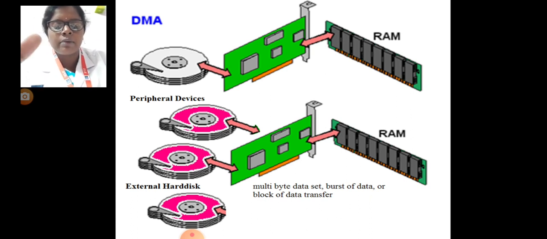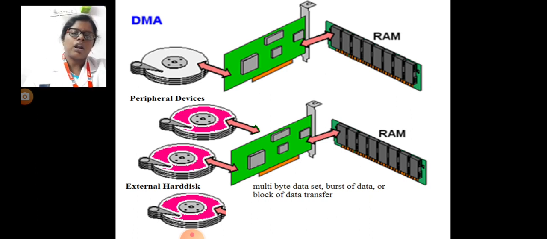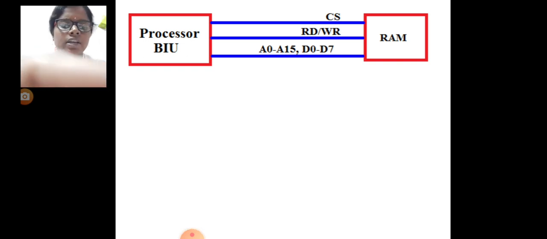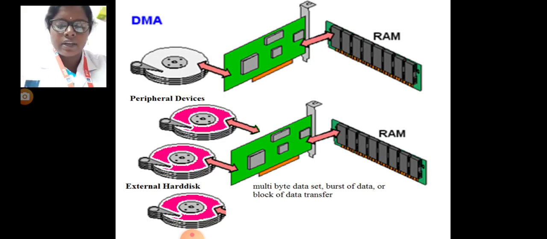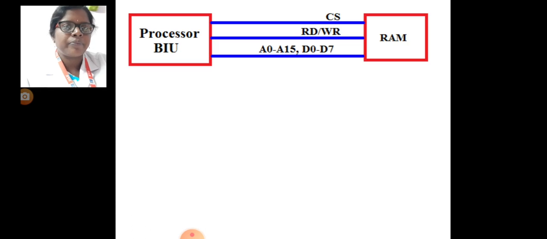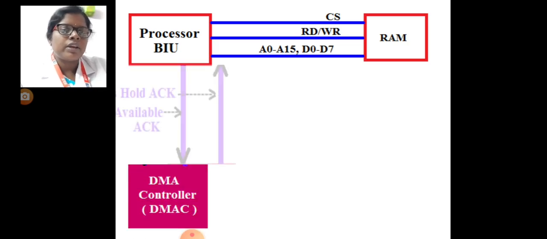Bus transfer at a time takes and releases the IO ports, holding the system bus. The last one is bulk transfer, which means an external hard disk that has a bulk data of bytes. It will transfer the data, then release the IO bus and hold the system bus only after the transfer is completed.